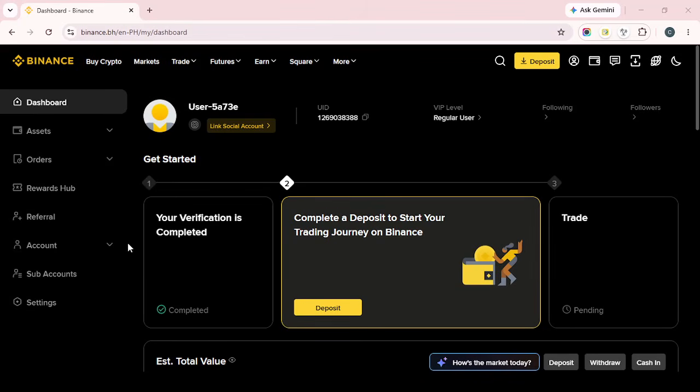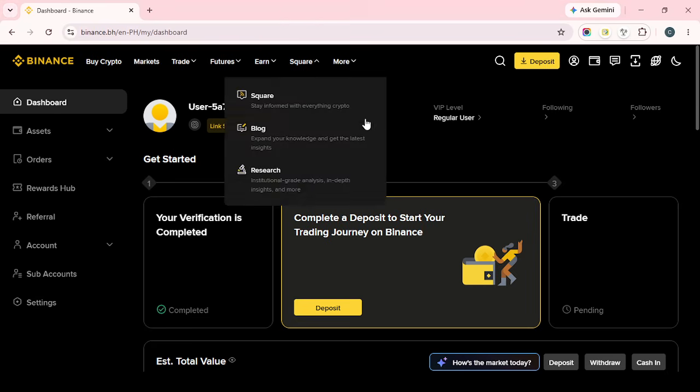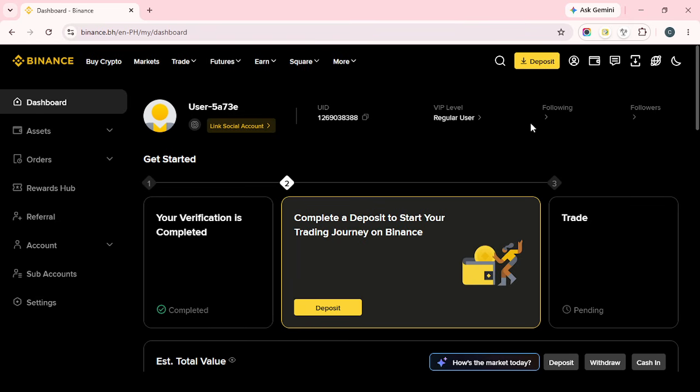In today's video, I'm going to teach you how to view, filter, and export your order history on Binance. If you've ever needed to review your past trades, check whether an order is still pending, or download a statement for your records, Binance makes that process fairly straightforward once you know where to look. I'll walk you through both the website and the mobile app so you can find the same information no matter